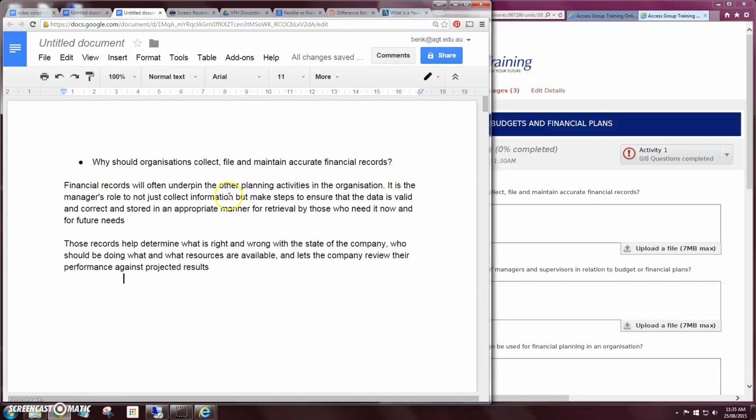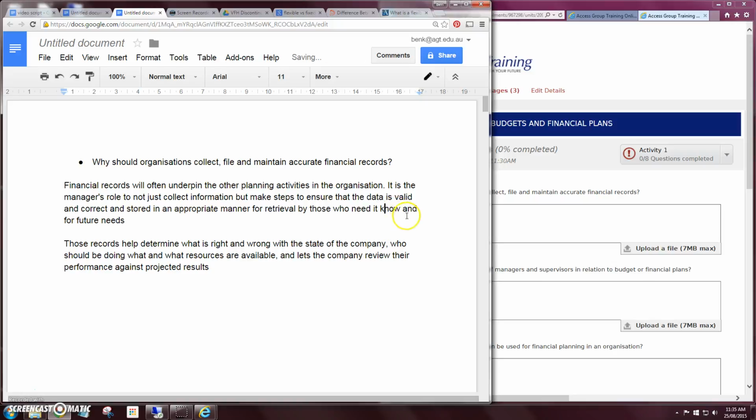The answer I'm going to provide is: financial records will often underpin the other planning activities in the organization. It is the manager's role not just to collect information, but to make sure that all the data is valid and correct and stored in an appropriate manner for retrieval by those who need to